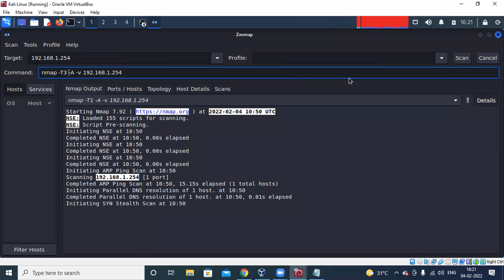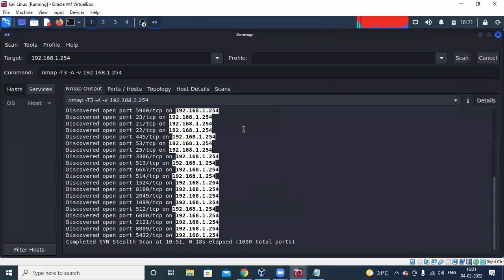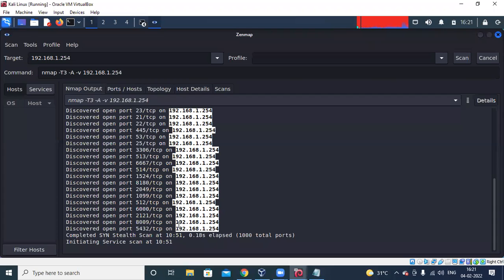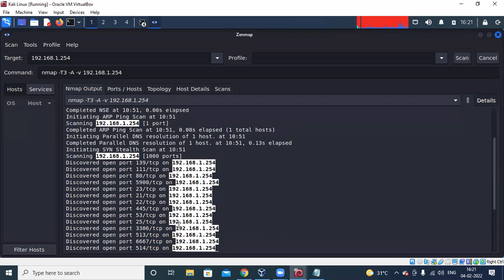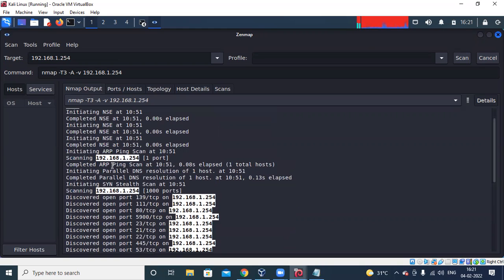So let me see what happens when I increase the aggressive scan to T3. It's getting scanned. See, at this IP address, what information are we getting? Initiating NSE at 10:51, completing NSE at 10:51. So these are the scanning seconds, and then